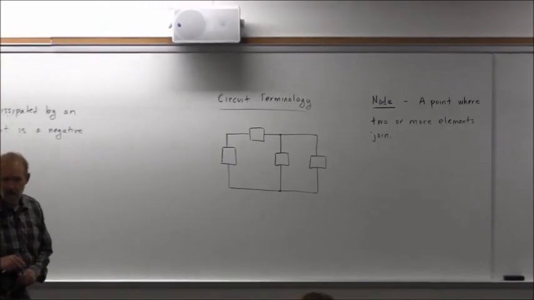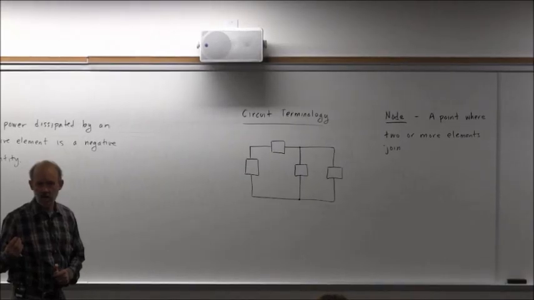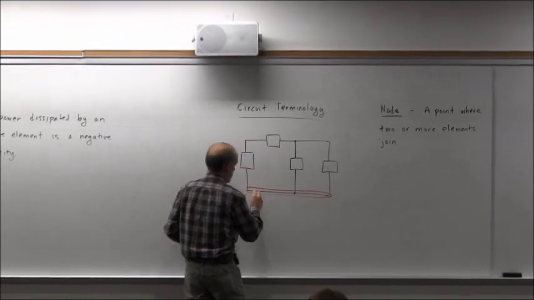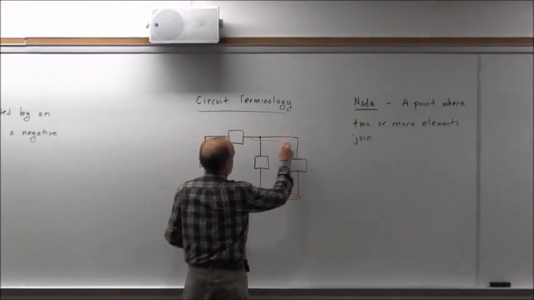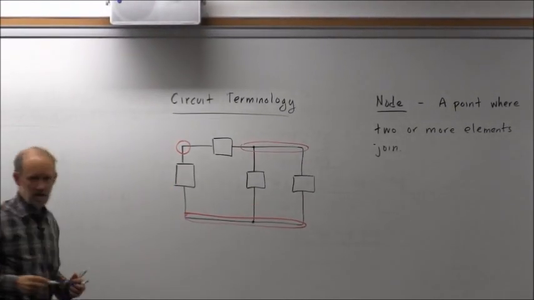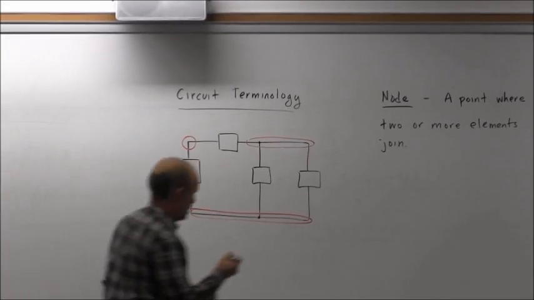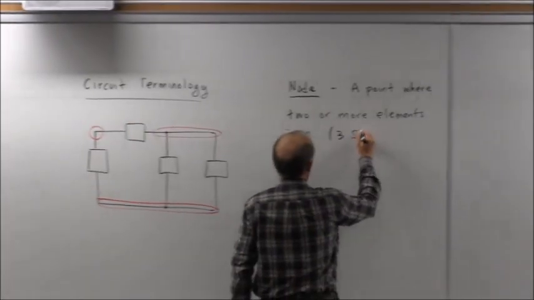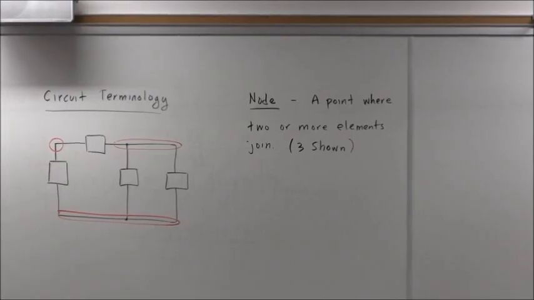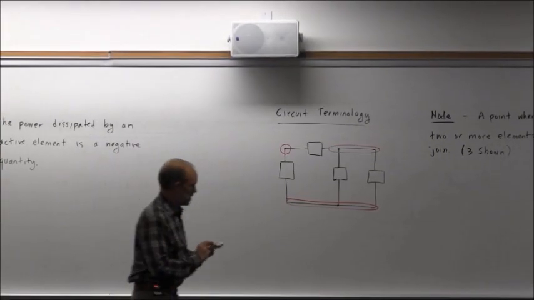How many nodes are in my example? Okay, so 2, everybody agree with that? All right, so let's identify the nodes. So that's certainly a node there. So there's a node there. And then these are easy to miss. That's also, based on our definition, a node. So there are 3 nodes in this example. Everybody clear on why those 3 points represent the nodes in the circuit? All right, next,